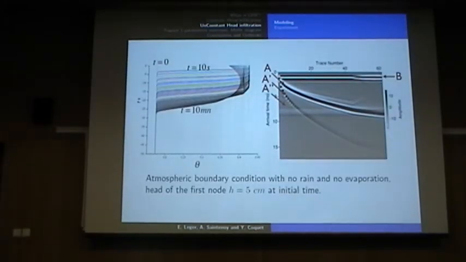So we made another constant head infiltration. This time we set an atmospheric boundary condition with no rain, no evaporation, but we set the first node to 5 cm. And then we did the same thing, computing the water content profile, transforming it to a permittivity profile, and here is the radargram. As you can see, after the 43rd trace, all the 5 cm of water have been infiltrated. So drainage starts, and the permittivity is decreasing, so the speed of the electromagnetic wave is increasing. So the arrival time comes